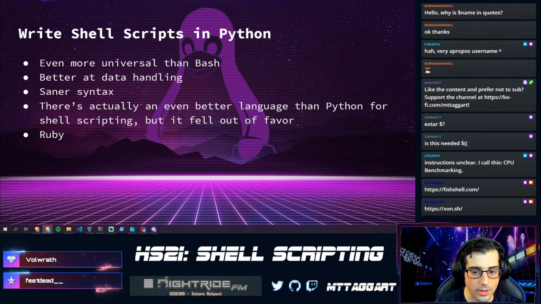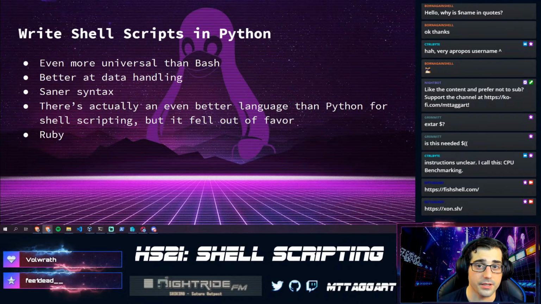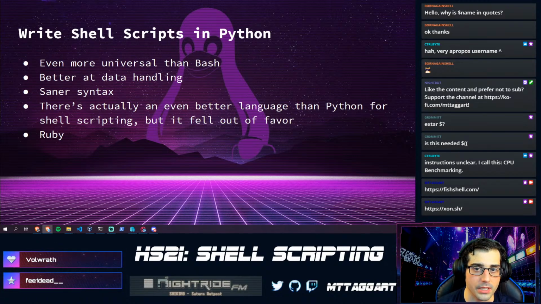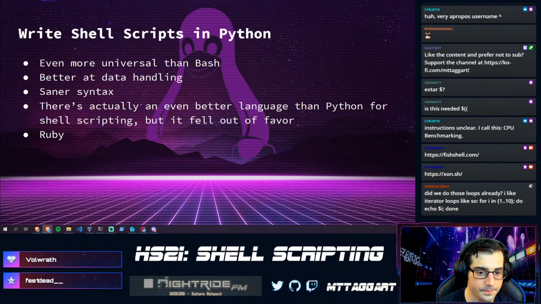You can execute shell commands from Python and get the result back and use that input and output. But you also have the ability to build more interesting, more complex data structures inside of the Python script that make it a little bit easier to work with. And I think it's a little bit of a saner syntax, and learning Python never hurt anybody. Right? You can do so much with Python in addition to the shell scripting that if you take the time to do so and then you write your scripts in Python, you'll be able to kind of go anywhere with it.